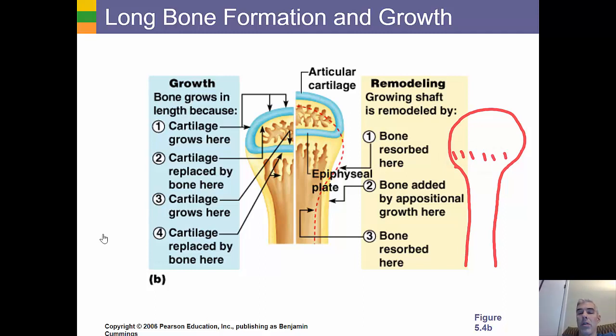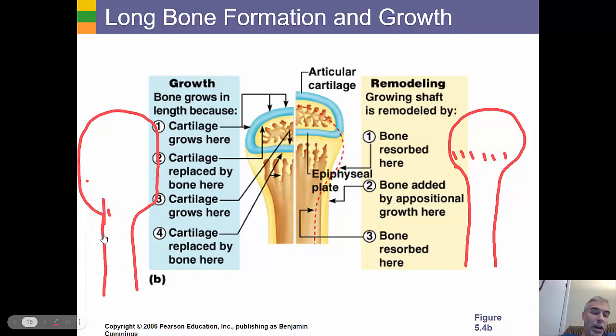The way it kind of grows, I'm going to draw on the other side, grows like this. It seems weird, right? So the bone will actually grow up like that. And then what happens, it'll actually prune away certain parts of it, like this. It'll get rid of this part. So it kind of grows up this way and gets rid of those parts on the side, and that's how